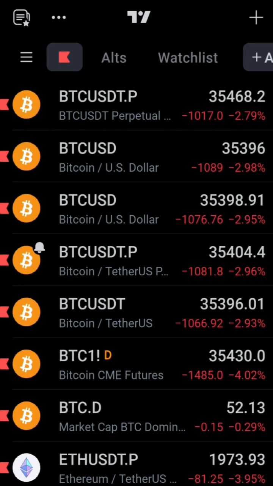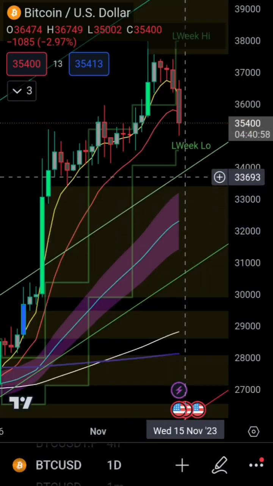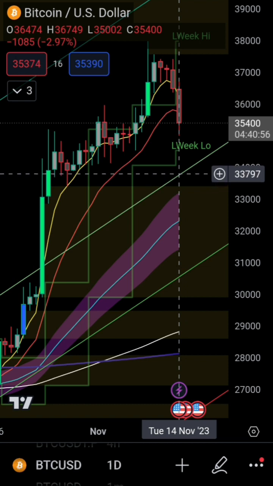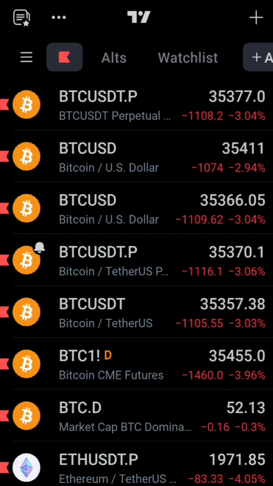33,777, remember, value area low, coincides with my fib channel for the day, which would be at around 33,797. So I have confluence there. If I see a move down there, then I'll be looking for a bounce. That's how you trade it. If you're on a short, you'll be looking for a possible bounce. Then you'll be considering coming out of your trade or taking profit.